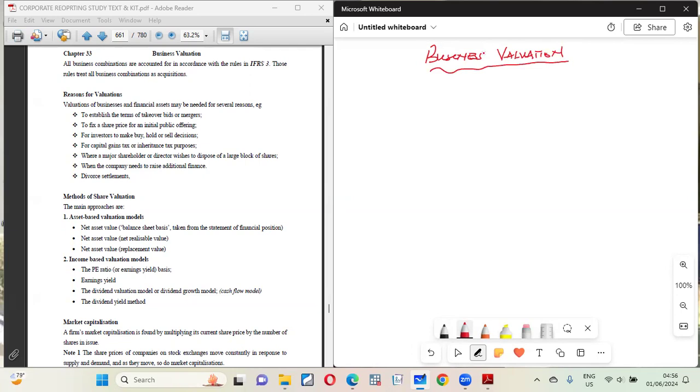Now, it is business valuation. And so what we are doing is valuing the worth of a business. Now, from the basics of accounting, we've been learning the accounting equation, the very basic of accounting. From the accounting equation, we learned that there are resources of the business, which we call assets. And we also said that the assets or the resources or the rights of a business are provided by 2